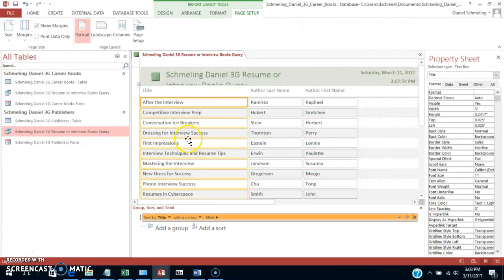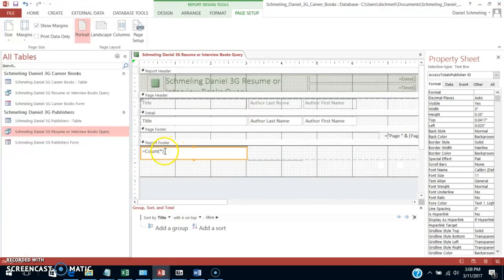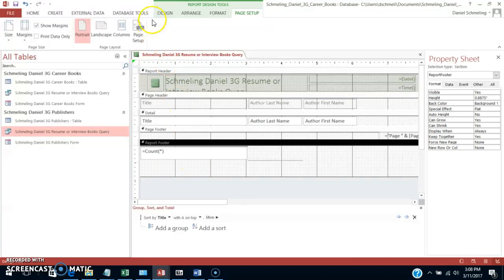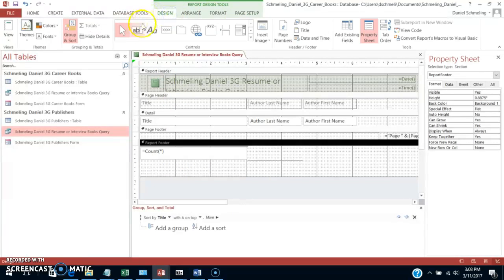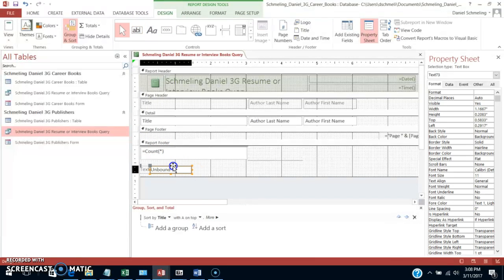Okay, on step 12, it wants us to click the title field and then add a calculated control. So what we're going to do here is we're going to go to design view. We're going to add a calculated control, and that calculated control is already there. It's already on the form, but we're going to go ahead and go over it. You can go to design, and you can click on a box and add it. Since you already have it, it's there, but then you're just creating whatever formula you need in order to